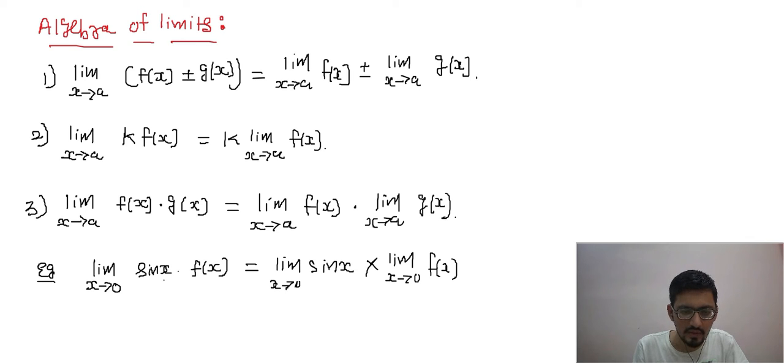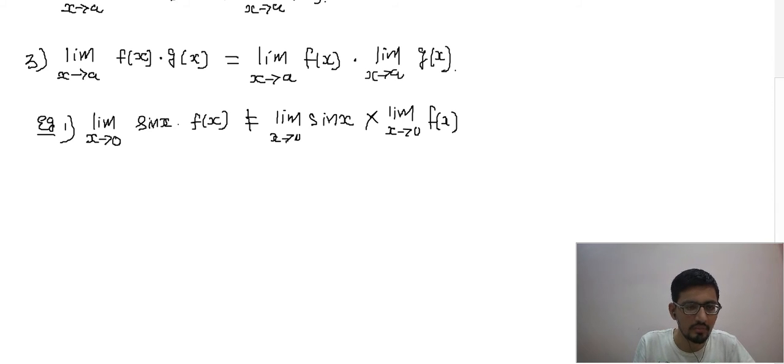Why? Because after giving separate limits, if you apply x tends to 0, sin x approaches 0, and sin 0 is 0. You should get a non-zero limit. If a zero limit is coming, you can't do this splitting, so this is not equal. Then you have to solve it together only. Splitting you can do if, after splitting, it comes as a non-zero quantity; that condition should be satisfied. And the second thing is that when you give the separate limits, it should be in multiplication format. For example, number 2, one more example I am writing here.